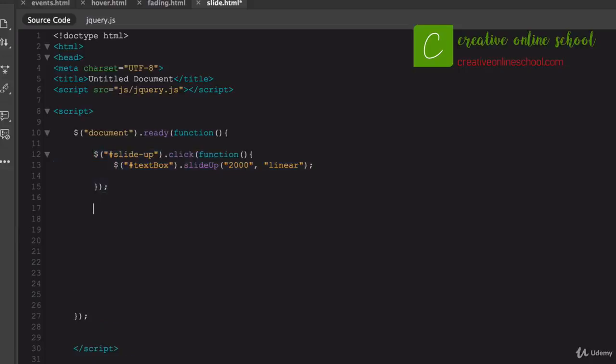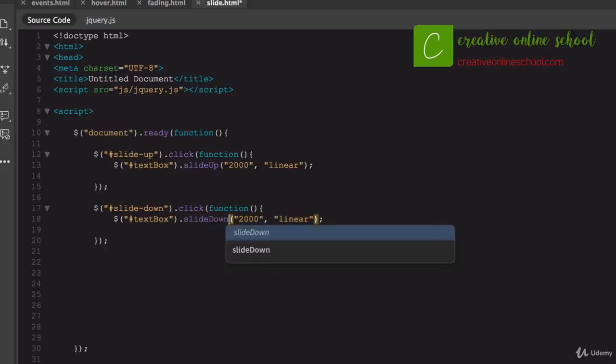You don't want your text to slide up and then just disappear forever. So I'm going to create another button that will give the ID of slide down. And same thing here, we're going to add an on click and give it a function, and we're going to target the text box. And in this case, we're just going to say slide down, and we can give it the same duration right there, or we could say